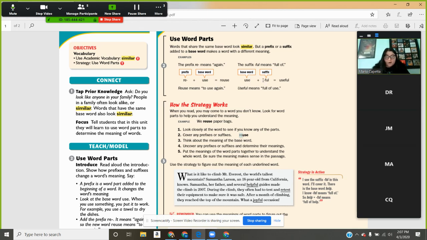Now, if we used a suffix like full, useful, what does that mean? If we use a suffix, meaning that it goes at the end of the word, like full, useful, what does useful mean? Yeah, something that benefits you, that's important, something that you can use, right? So what we are looking at with this unit is